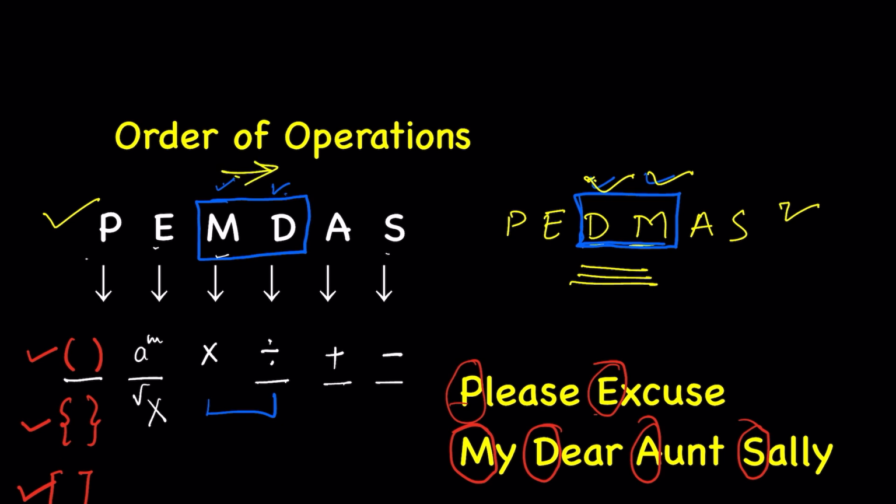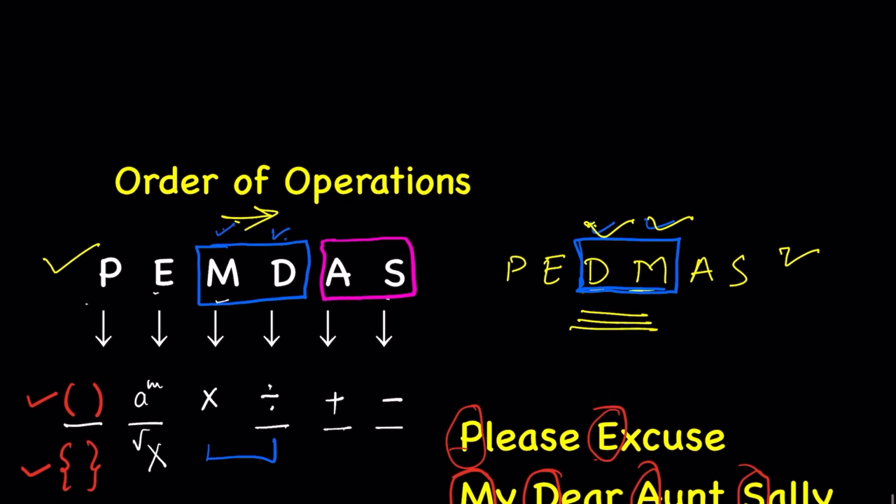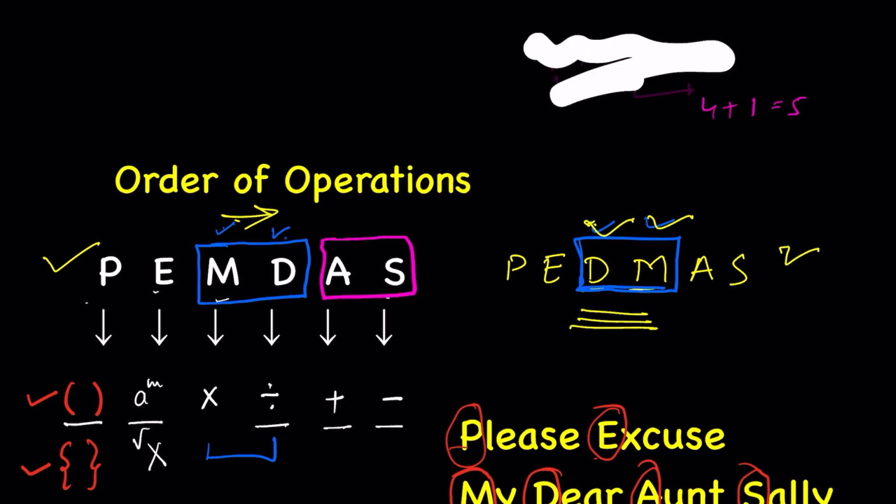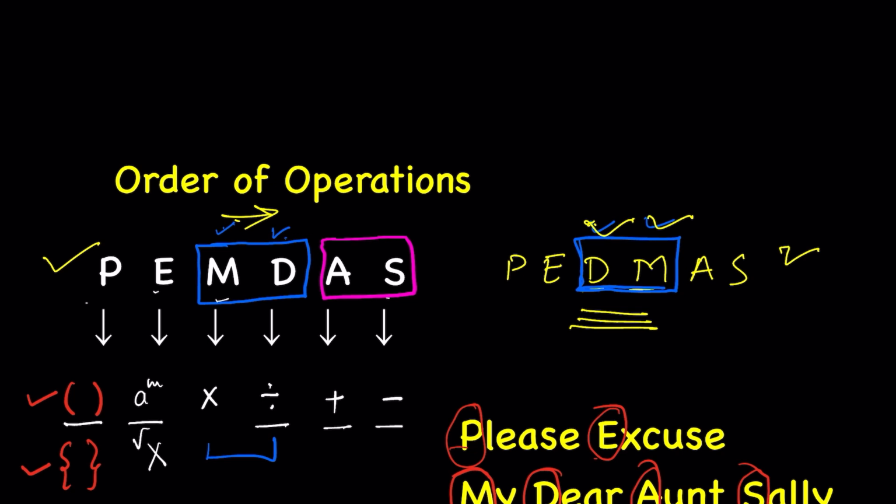Now this left to right rule is also applied for addition and subtraction, although it doesn't matter whether you do addition first or subtraction first. For example, 4 plus 2 minus 1, you can add the numbers: 4 plus 2 is 6, minus 1 equals 5. Or you do the subtraction first: 2 minus 1 is 1 and 4 plus 1 equals 5. So it doesn't matter for addition and subtraction, but for the sake of knowing the exact rule, addition and subtraction are also grouped together because they are also